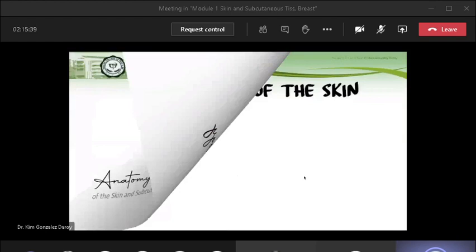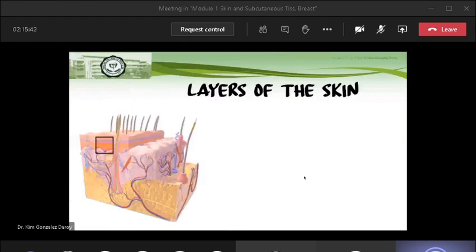So the skin is comprised of three distinct tissue layers. The outermost layer is the epidermis, which is a stratified squamous epithelium that is composed